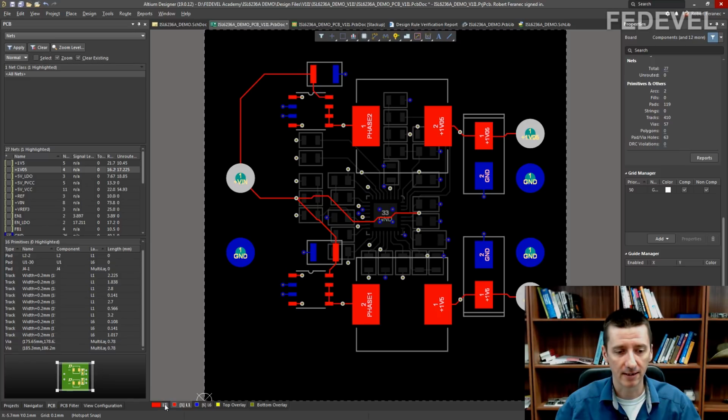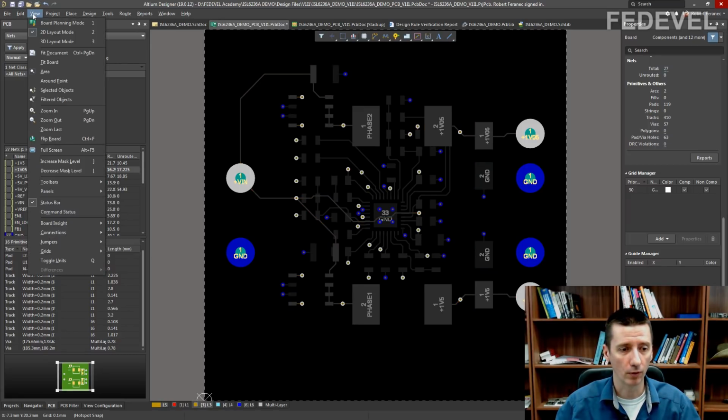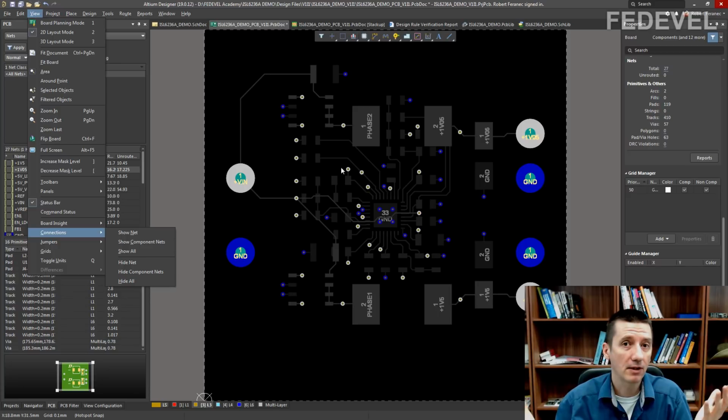Go on this LS button, left click, select signal layers, and we are going to route the rest of the signals on layer 3 and layer 4. Left click on layer 3, go to view, connections, and because we have routed almost all of the connections, we can show all the unconnected nets.